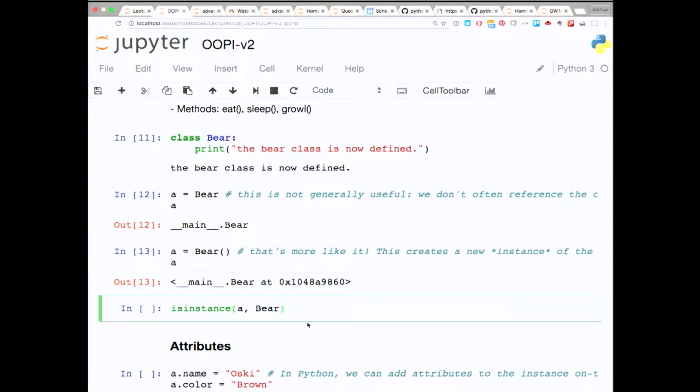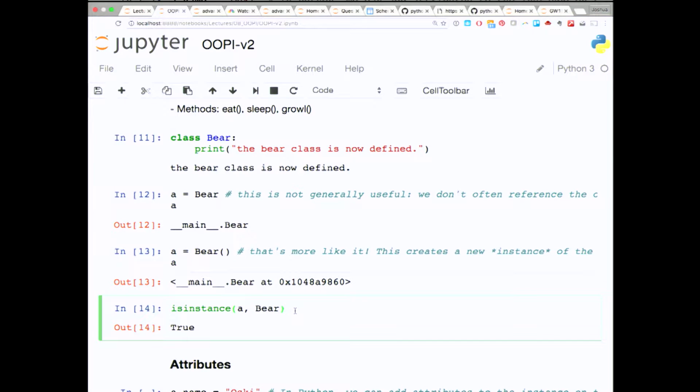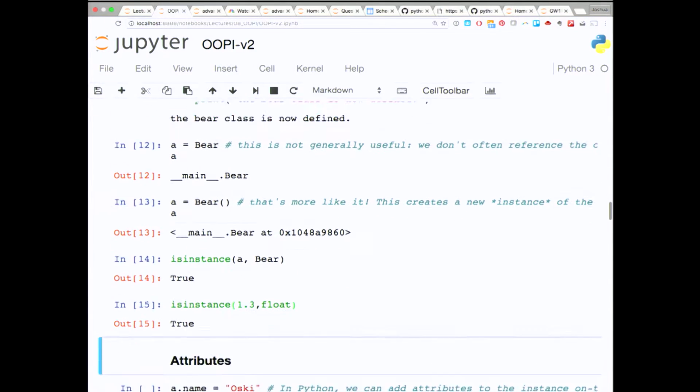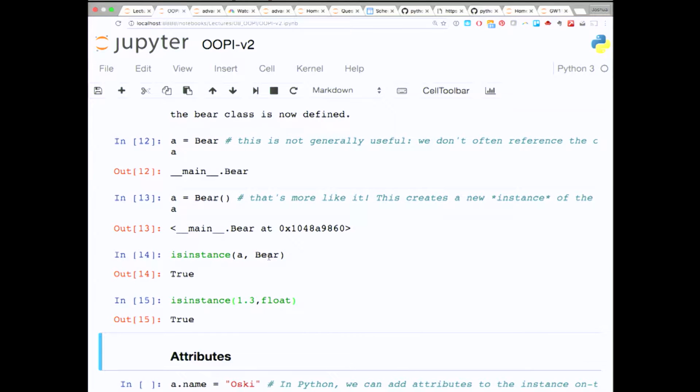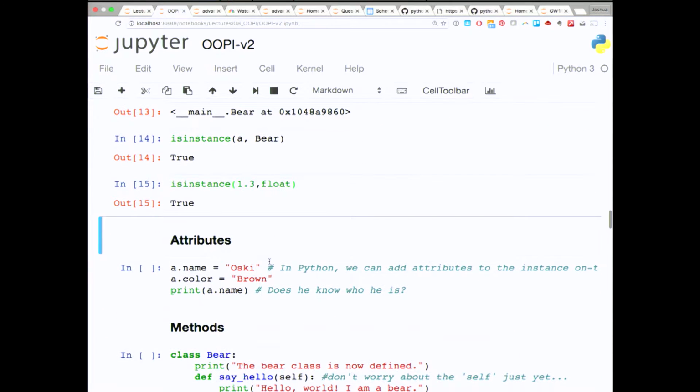So is A an instance of a bear? Yes. Just like is 1.3 an instance of float? Yes. So floats and bears are now just objects or classes. Okay. All right. So now we're going to associate some attributes with this instance of a bear that I just